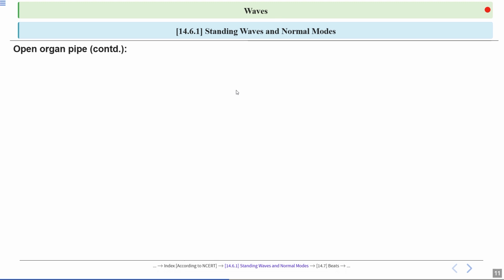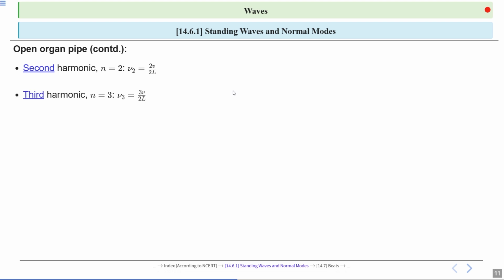For fundamental frequency, we can say the fundamental frequency is the lowest pitch produced by a string or pipe. So for a string fixed at both ends, it is given by nu1 equal to v divided by 2l. This frequency determines the bass tone of the sound. Now, when a string vibrates at the second harmonic, it forms two loops. The frequency is calculated as nu2 is equal to 2v divided by 2l, which simplifies to nu2 equal to v divided by l. This means the second harmonic has twice the frequency of the fundamental.